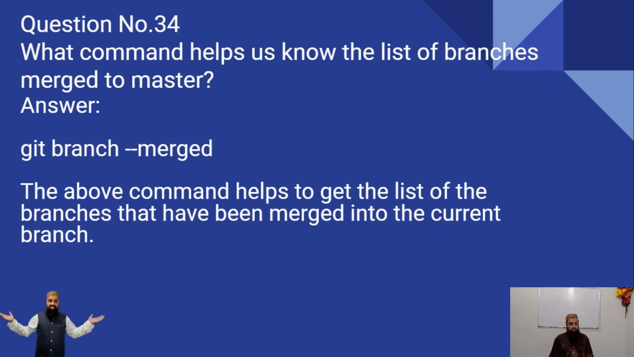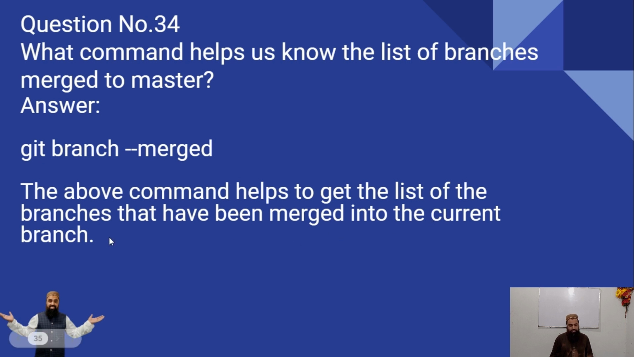Question number 34. The previous question was a little easy. So now, what command helps us get the list of branches merged to master? I have hundreds of branches that have already been merged into master branch. How can I get the list of those branches that have been merged? This is the command: git branch --merged. The above command helps to get the list of the branches that have been merged into the current master